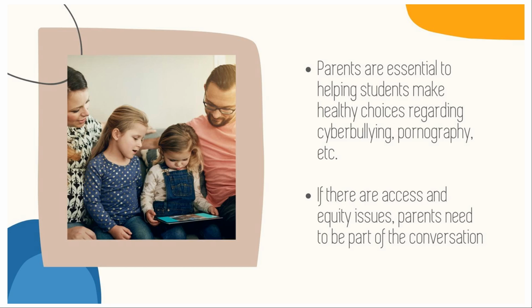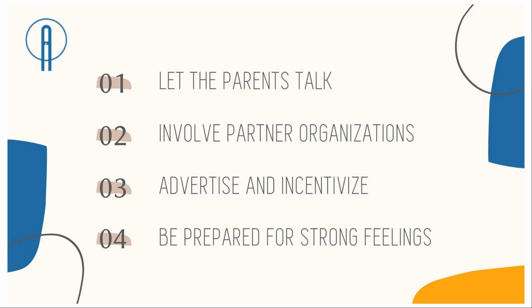They're essential to helping students make healthy choices. A lot of what happens at home around cyberbullying or some of these other online safety concerns bleeds into the school, or it starts at school and bleeds into the home. There's a connection between the two. They're not disparate. They're together, and this is a place where schools and parents can work better together. Because if there are equity issues, there are issues of safety. If parents and schools have that relationship and that comfort around technology, they can talk together to work out the best way to handle this. They need to be part of the conversation.